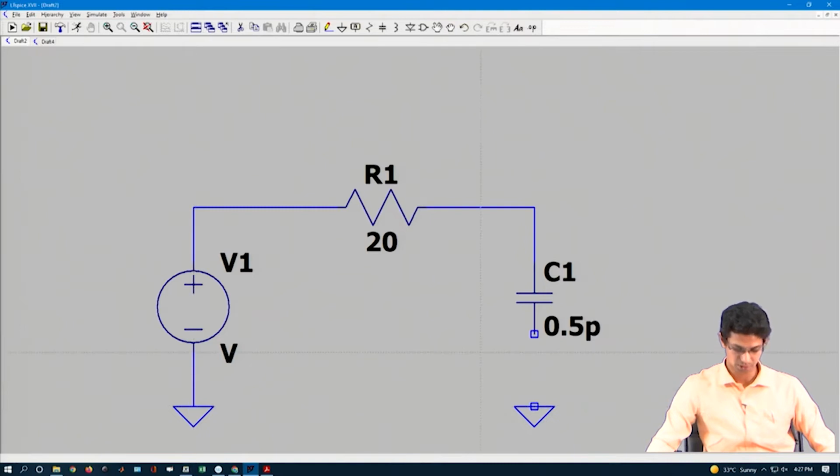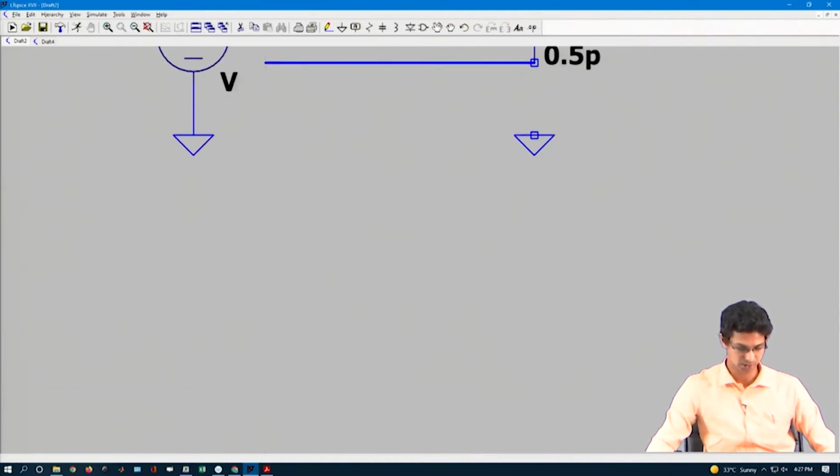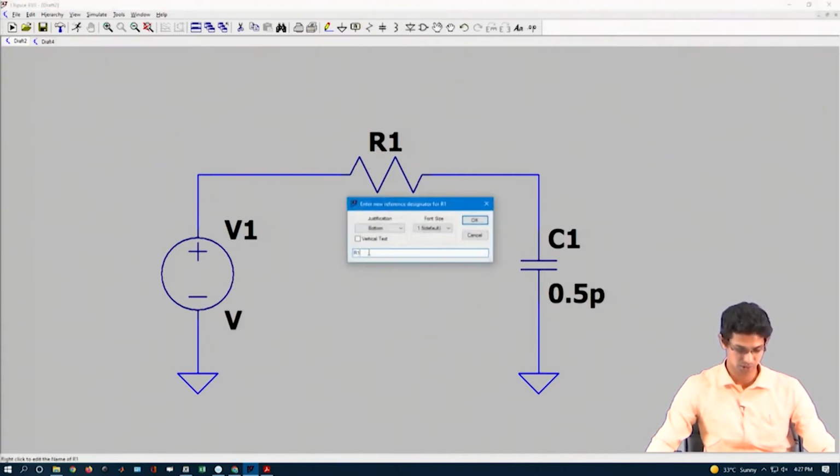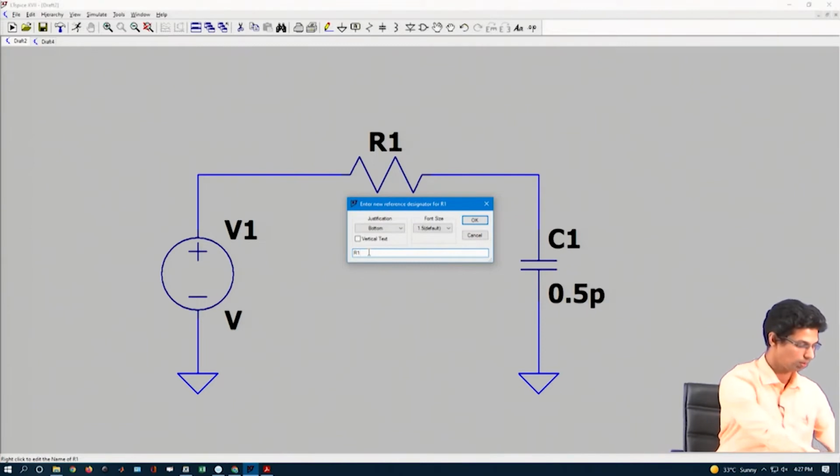So, this is connected here. I can also take this capacitance and connect it to the same ground, but I am using two grounds to connect it. So, once I have done that, let me also label this resistance. Let me label this as R interconnect,